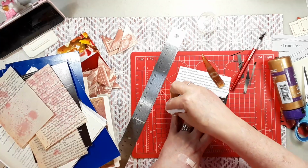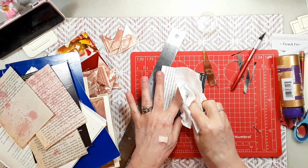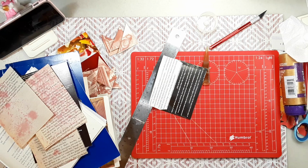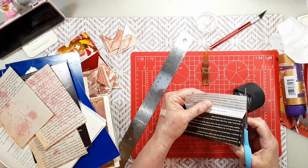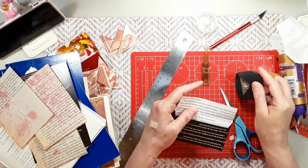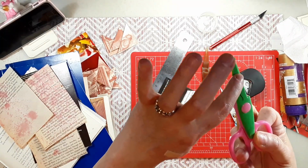Now, another handy dandy trick, and I keep saying this every time I do it, but it's such a good tip. A corner rounder will not work, well, I guess it will, but it wants to work on 90-degree angles. For example, since we angled this, and that one doesn't look angled quite enough. Since we angled this, that's not going to meet up right at that 90-degree inside angle. So, these wavy scissors that are just like this,